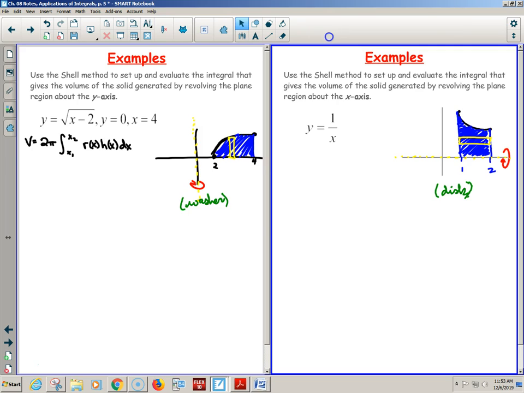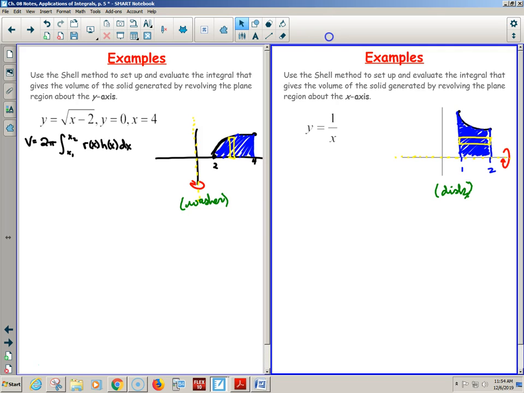Okay, so oh, she wrote it up here. That's just x equals 1 and 2. That means the radius of r,